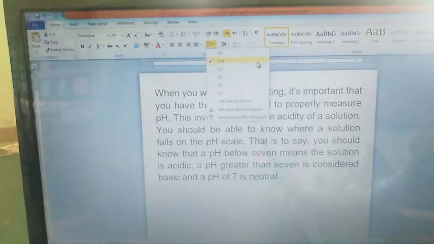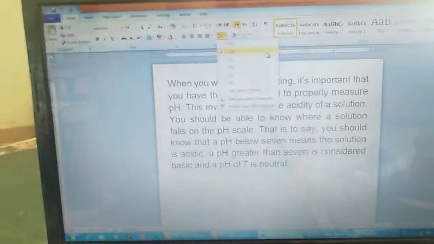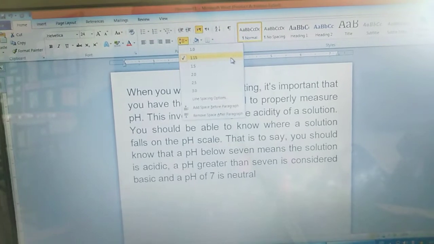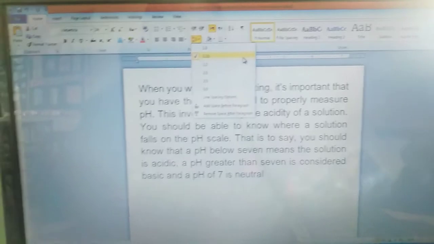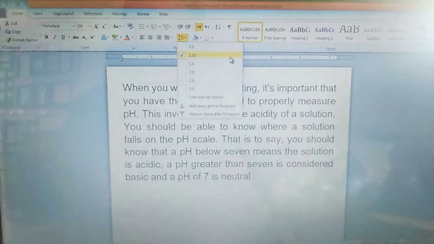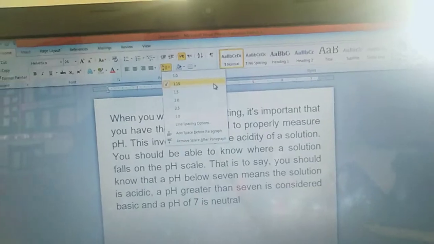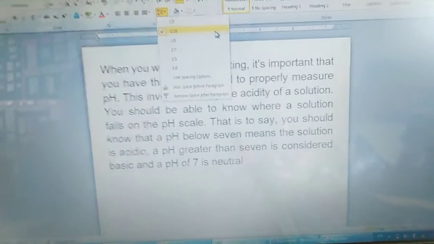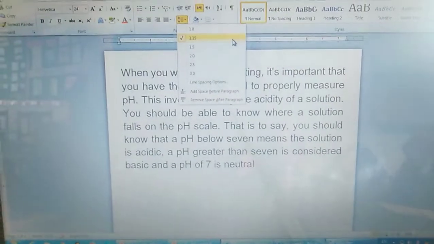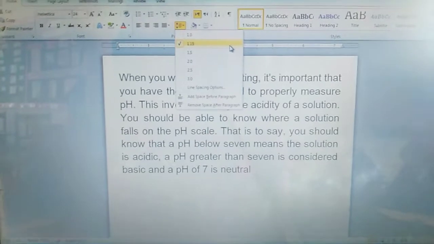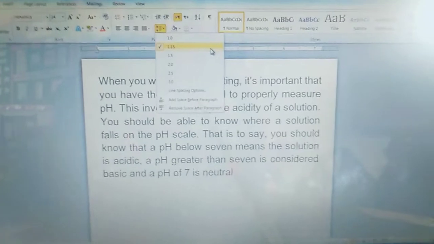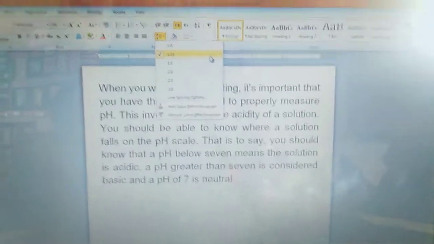Students, do practice at your home. What you can do, start your computer, then press the start button and type Microsoft Word. When you type Microsoft Word, then your Microsoft Word is opening. When you find that your window is open, then write a paragraph. When you have completed your paragraph, then select it with Ctrl A.